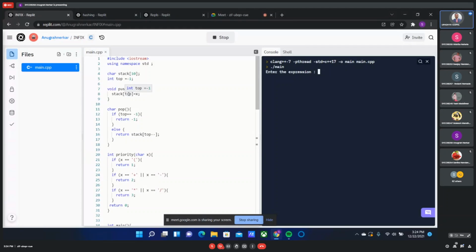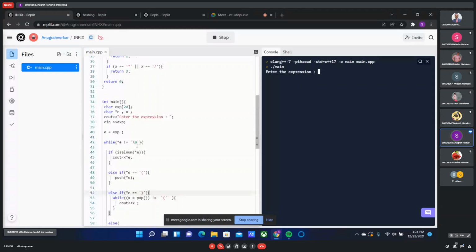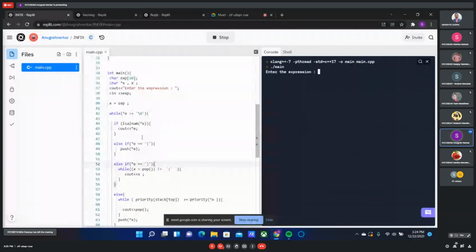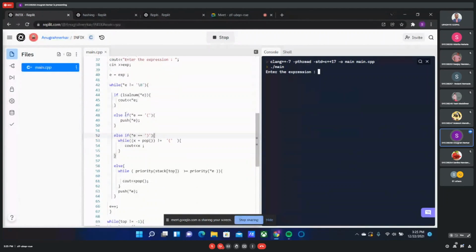Your voice is not coming, Anugrah. In the main function, I have asked the user to enter the expression, and assigned the E pointer to the expression. Inside the while loop, I have traversed the pointer till the end.